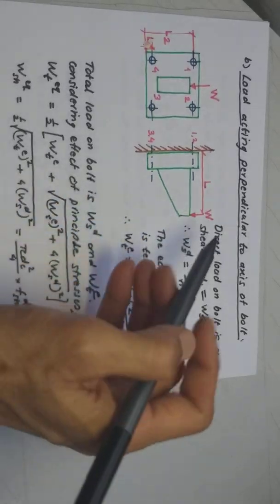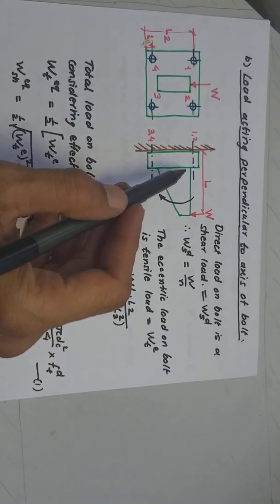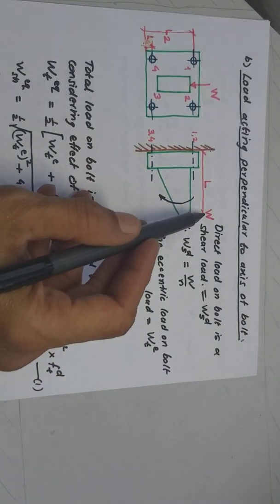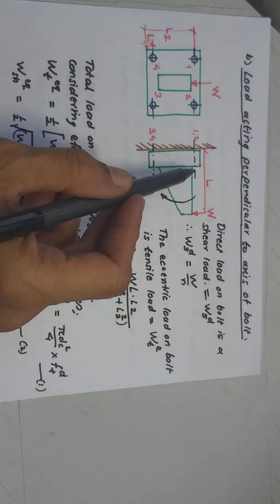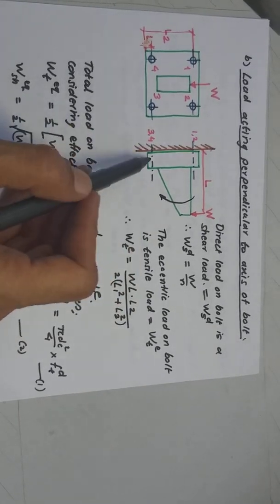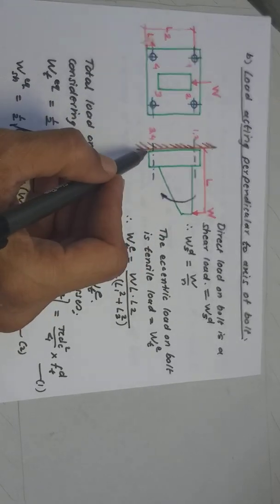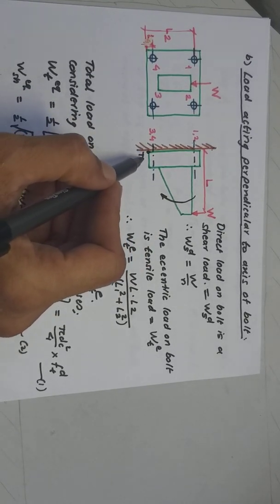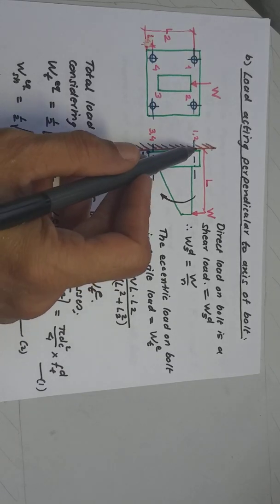So as a result, you can again see that W into L is the moment that is created on the bracket because of the applied load, and this moment is resisted by these bolts because they are holding the bracket in position by fitting them into the frame. Now again in this case, by observation, you can realize that this point becomes the tilting edge. From this tilting edge, you are going to measure the distances of the bolts.